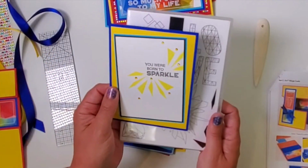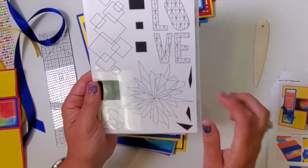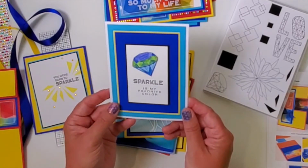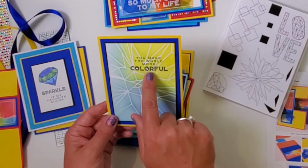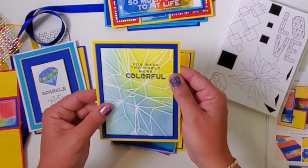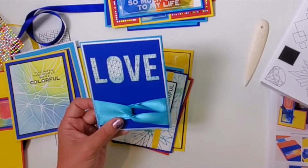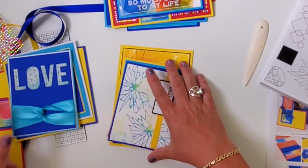Here, the You Were Born To Sparkle, I simply used those 3 little random shapes and put them all in one acrylic block and stamped them in yellow on this card base. Here I just did some pencil coloring with Sparkle is my favorite color. Here I applied ink to the stencil. Two little sticky gems from our little strips went into the O's of the word colorful. Here I stamped the word love from the image set, cut out the individual words and inked the edges to add it to a card with a double loop bow here at the bottom. I'll show you that